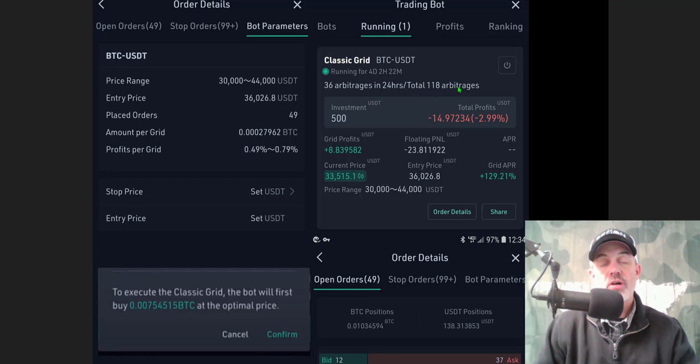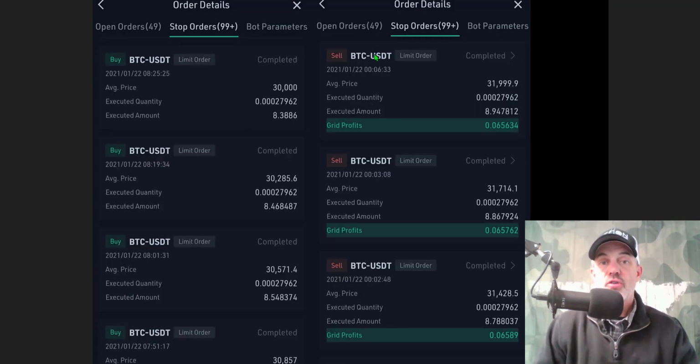or over that 4-day period, a total of 118 arbitrages. Now, I could not find through all my recon what they mean by arbitrage, but by digging into the numbers, the best I can tell, each one of these orders they consider arbitrage because I am selling BTC back into USDT for profits. That's the best I can tell. If I'm wrong, leave those comments down below. I would love to know, maybe someone from KuCoin could answer that question of what the arbitrage is. I couldn't find any documentation on that. So the best I could tell is the arbitrage in their book is when you sell BTC back into USDT